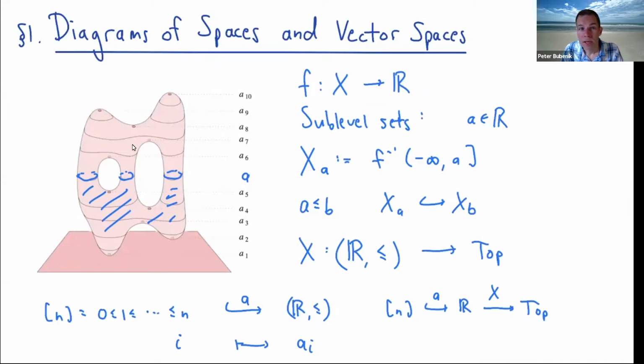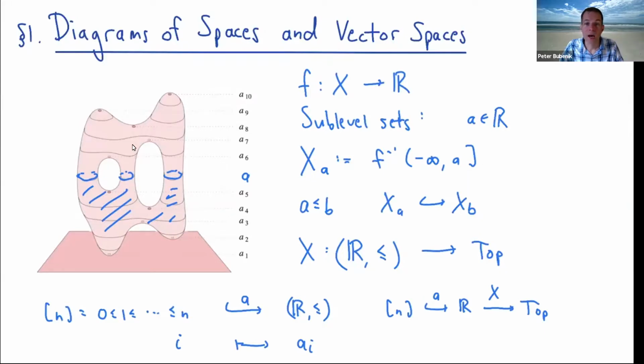Sublevel sets can then be encoded as a functor into topological spaces. All of that language just says something really simple, which is that whenever A is a real number, we have the topological space which is the sublevel set of A. And whenever A is less than or equal to B, we have the inclusion of sublevel sets. So that's a continuous one parameter family of spaces. And